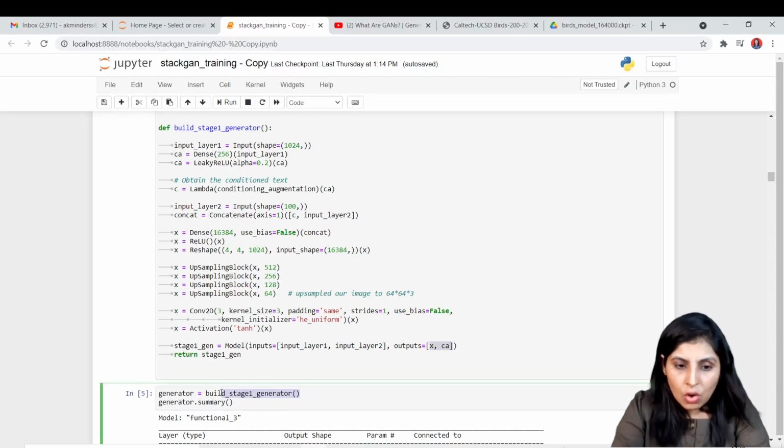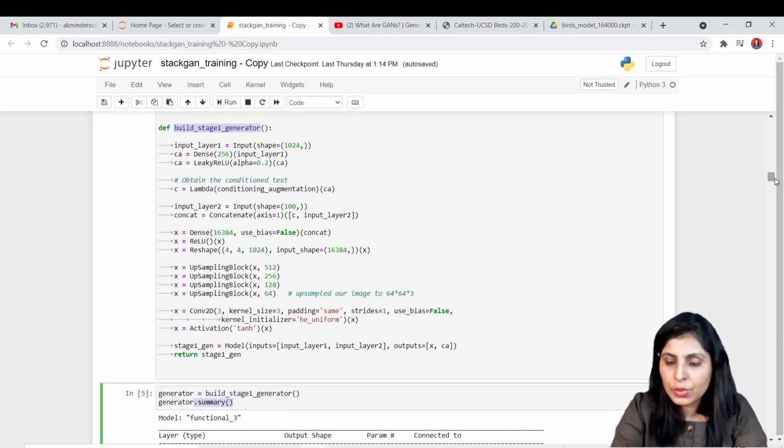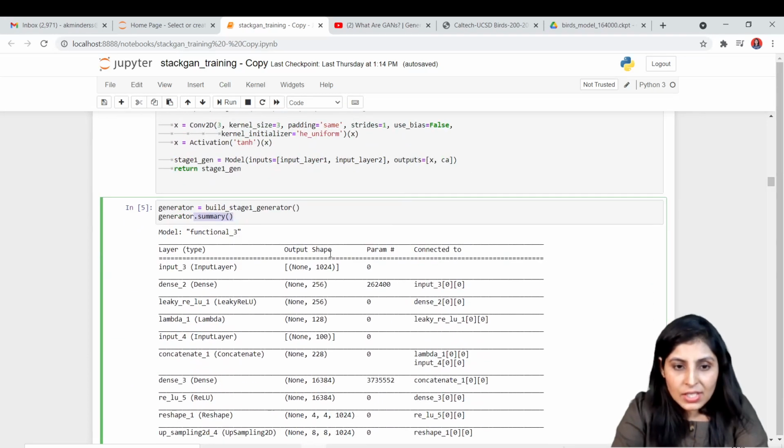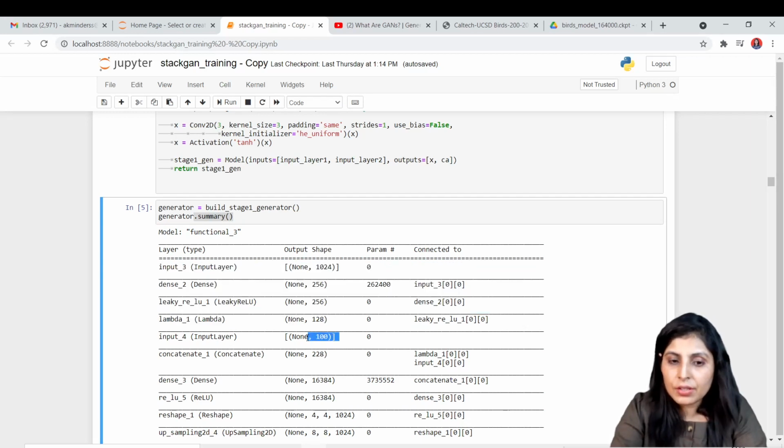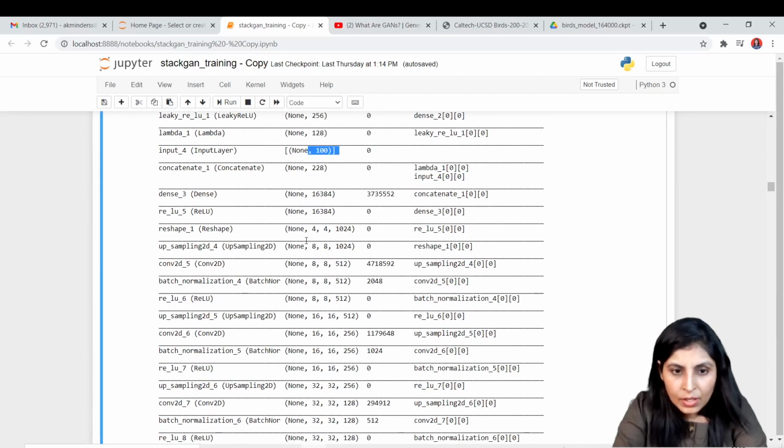Now let's call this function. I'm calling this generator build function over here, and let's see the summary, what kind of output our algorithm is giving. Let me show you the summary of our model. You can see the first input is this, then we have 256 neurons in the next layer, so this much part belongs to the embedding, and then we have 100 random noise. The main task starts from here, which I want to show you. Once you reshape your image into this size, you can see after upsampling that the size becomes 8 into 8 into 1024, double. Why?